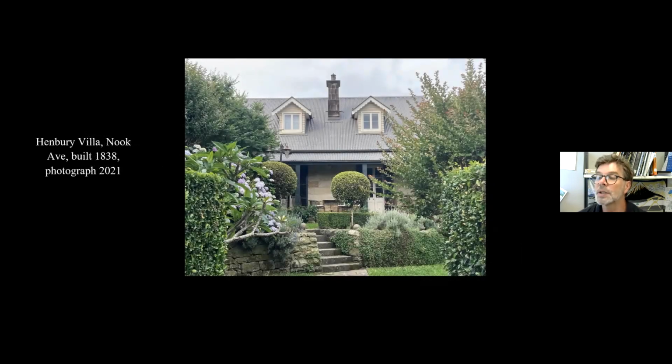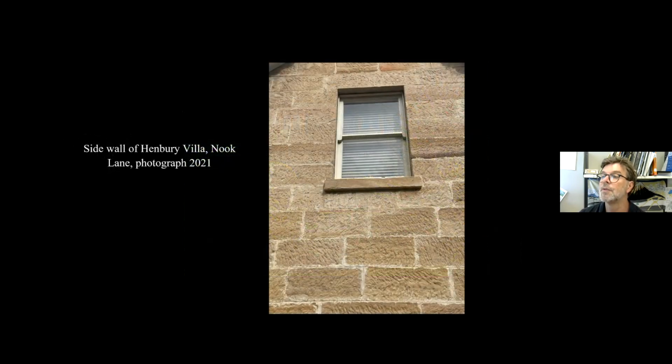This is the oldest house that I know of in North Sydney, dating to 1838, and that's still there, which is in Nook Avenue, just across in Neutral Bay. I suspect this is local stone too. This is a front view of it, and there's a view of the wall, which you can get very close up to in Nook Lane, just beside there. So all those pick marks were created in 1838 when the place was built. It's really extraordinary. It's been really well looked after. An addition at the back, but a sympathetic one. And you can see the sill.